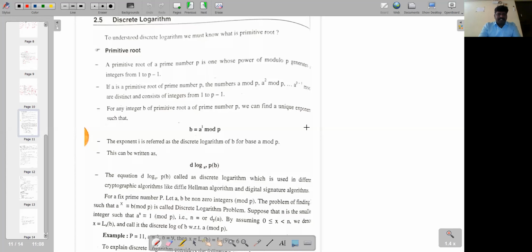Say for example, if I'm taking two numbers, say 3 or 7, or 2 or 7, right? I just need to prove that 2 is a primitive root for the number p. If I'm selecting two numbers, a and p, and I want to prove that a is the primitive root of p, in that case,